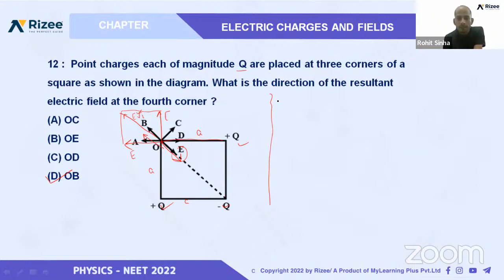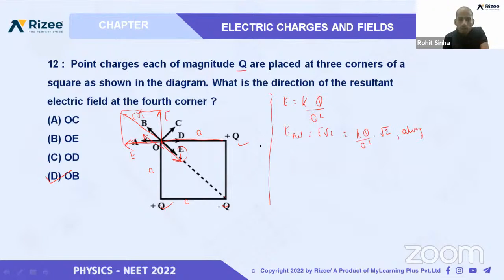We can say like this. Here the electric field is E, here it is E. Let us suppose E is KQ by A square, and the net electric field will be E root 2. We can say like this, KQ by A square into root 2. This will be